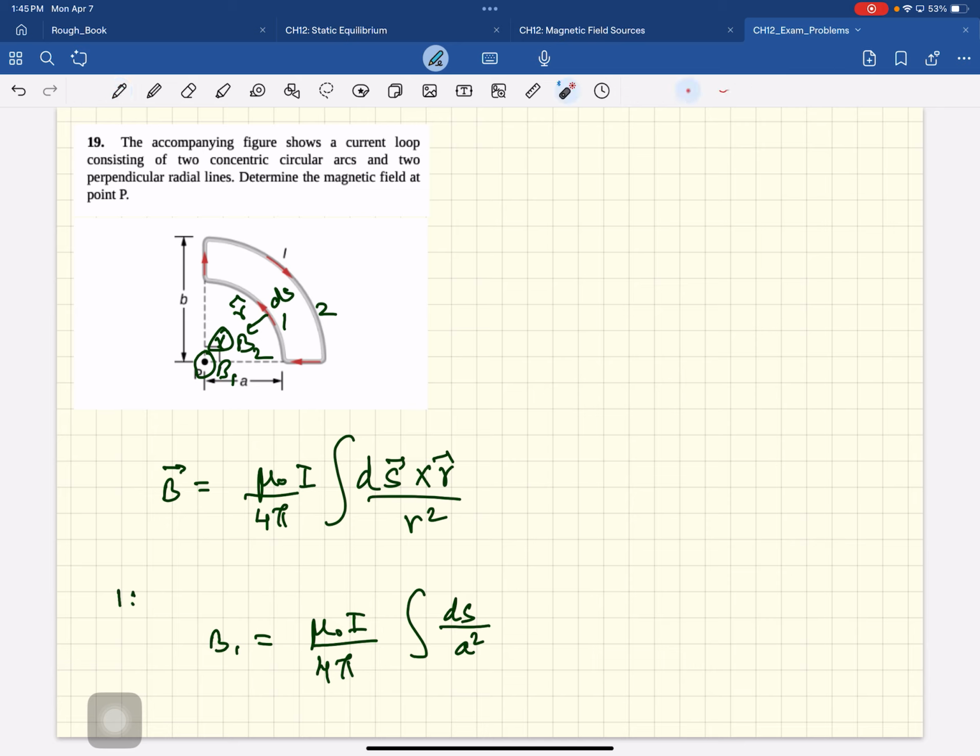So you see, it's all constant. You're just adding all these elements ds, and that's a quarter of the circumference. So B1, the field coming out of the sheet, is mu naught I